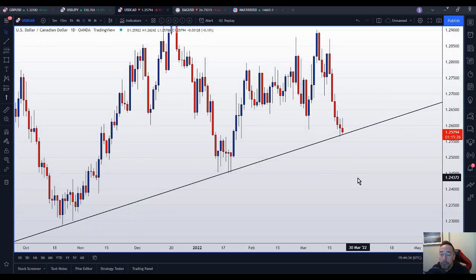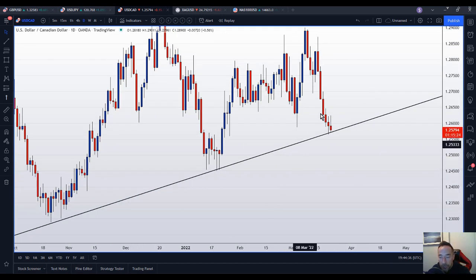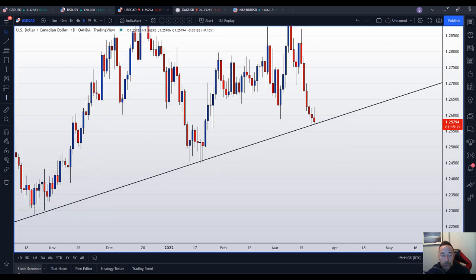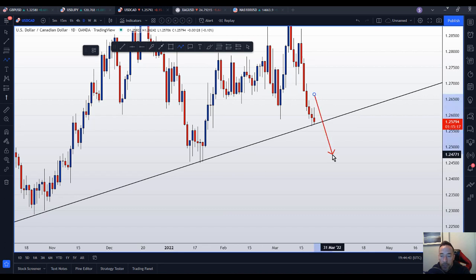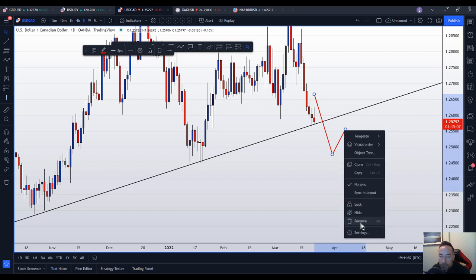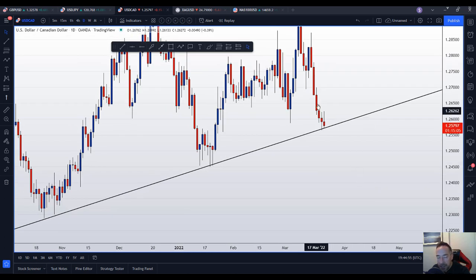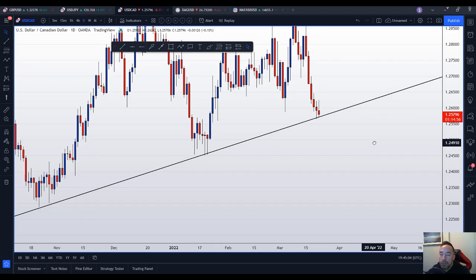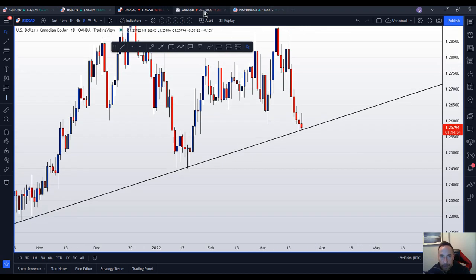But this could easily break through as well, and if it breaks through and closes below this trend line, then we're going to be looking for corrections, either on the smaller time frame or daily correction, and then looking for sellers to come in again for shorts on this. So preference for longs is a morning star pattern at least, but for shorts, we want to see it push and break through the trend line, looking for a correction, then looking for sellers to come in for shorts.